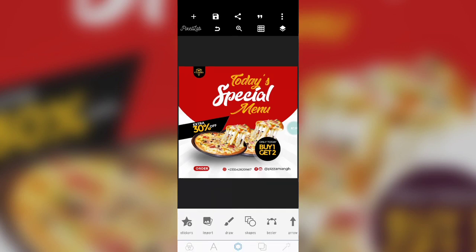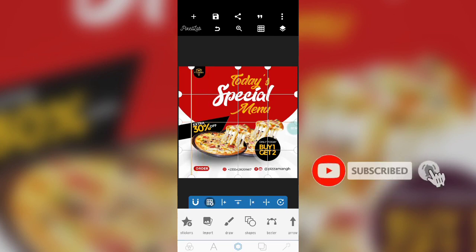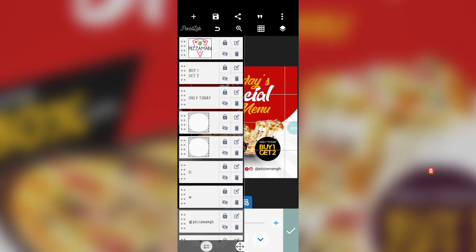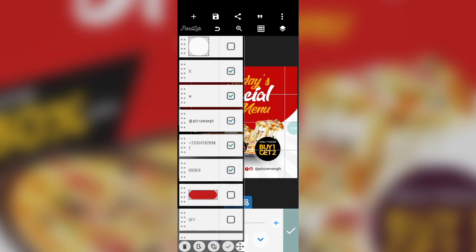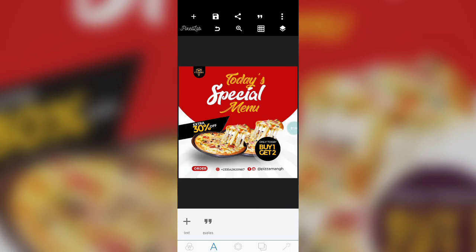Alright, so let's enable our grid lines and make sure our design is in the middle. So let's select all of them together. Then we position it in the middle. So after you save your design,